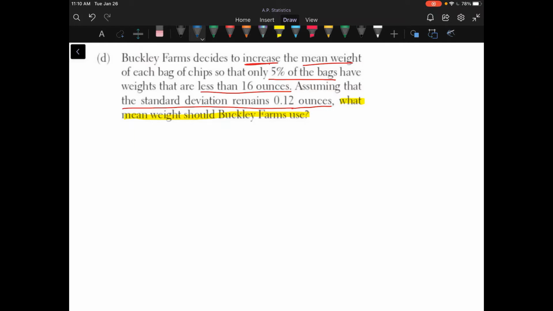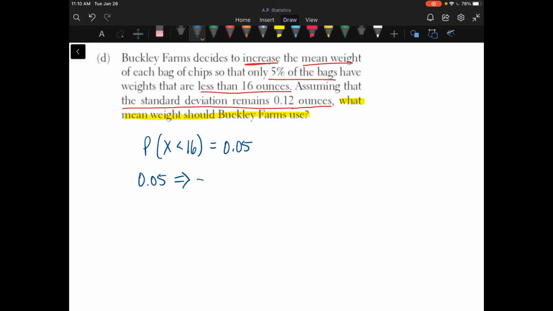So we need to find the proper mean, right? So that the probability of x being less than 16, this is the same x we've been using, x representing the weight of a randomly selected bag of chips, needs to equal 0.05, or 5%, right? So we go to table A, and we find 0.05 in the interior of the table, or as close as we can get,